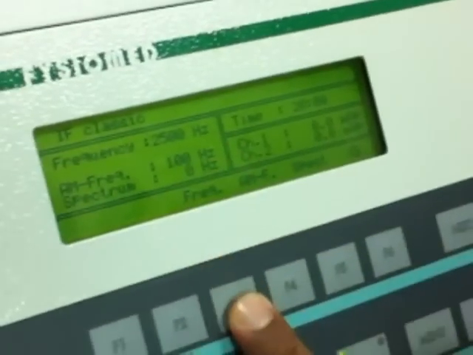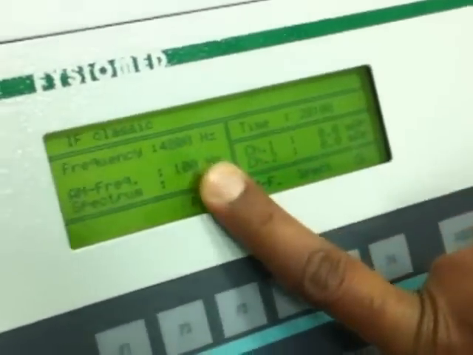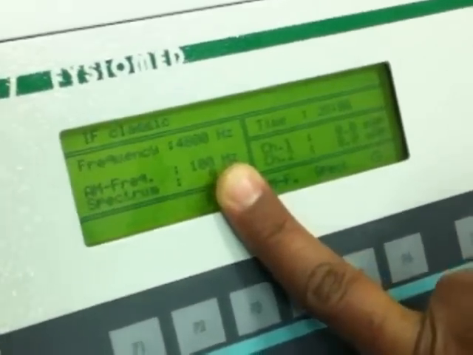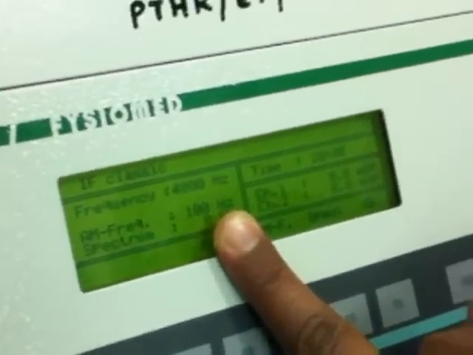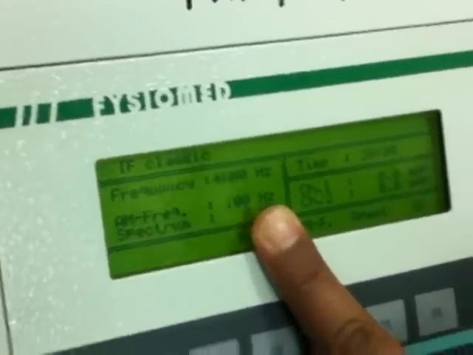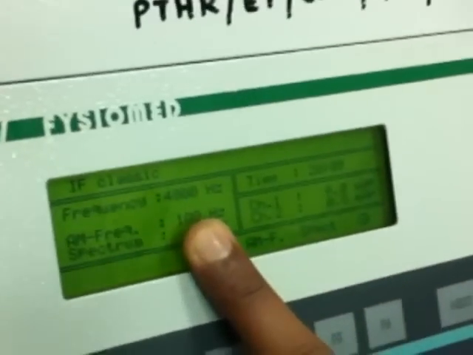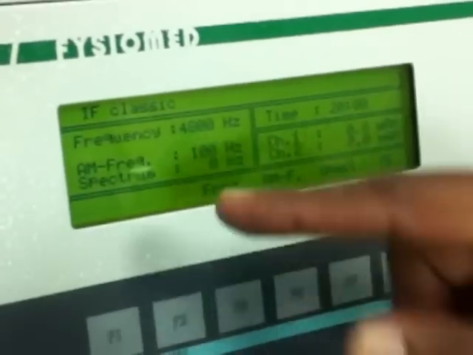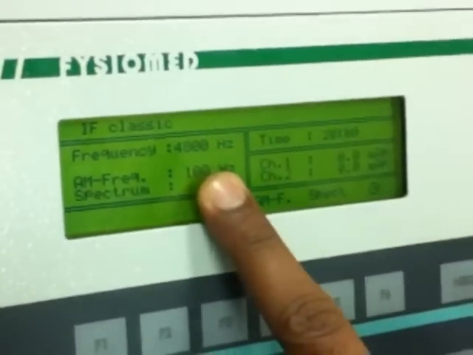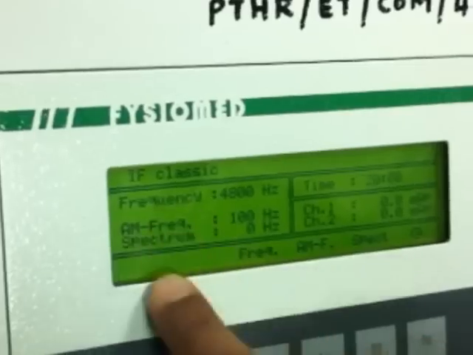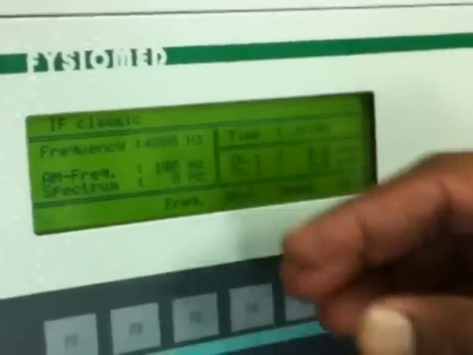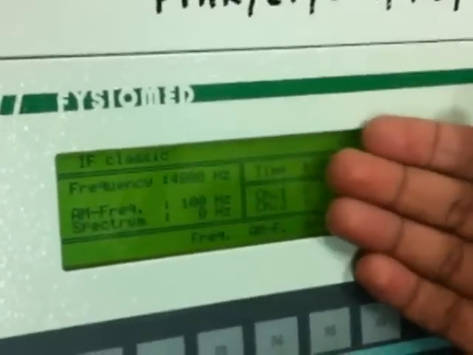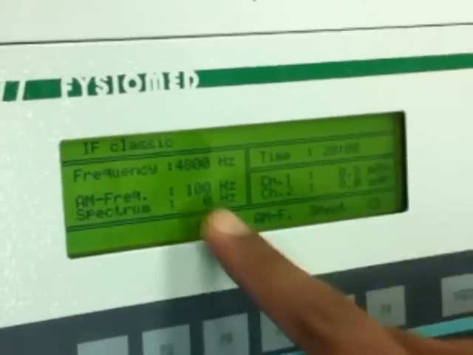Now you have to change this frequency. In this machine there is usually around 4,000 hertz, which gives around 4 ohms, the resistance of the skin. So you use it around 4,800, and automatically the other circuit will be fixed at 4,700. Now you can change the amplitude, frequency, and spectrum, as much as you want: either 0 to 100, or 20 to 100, or 80 to 100, or 1 to 20. So you can fix it accordingly.